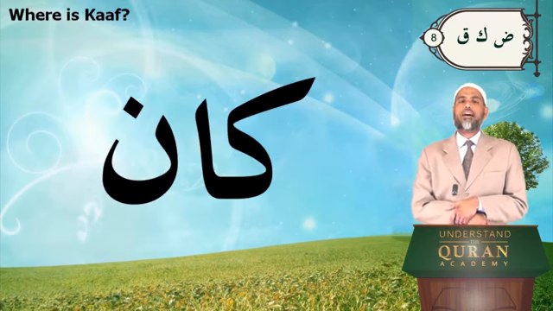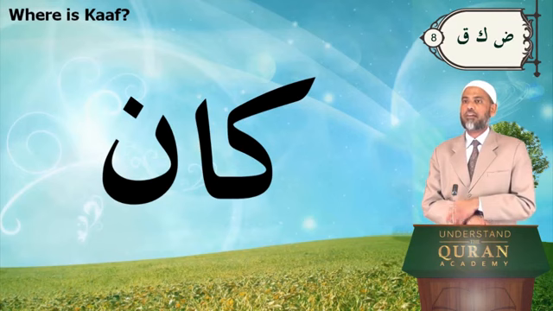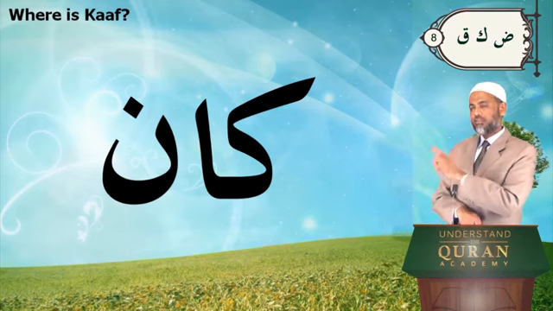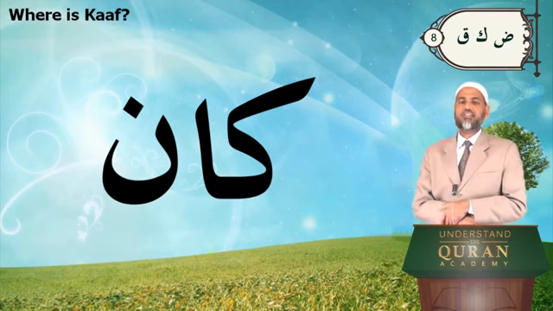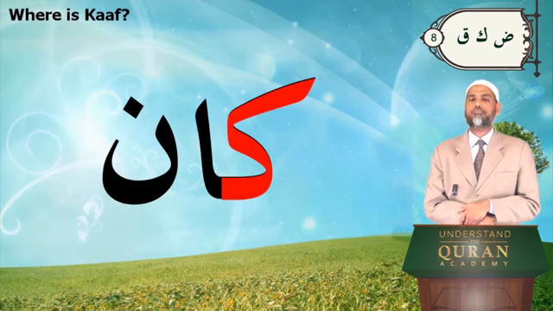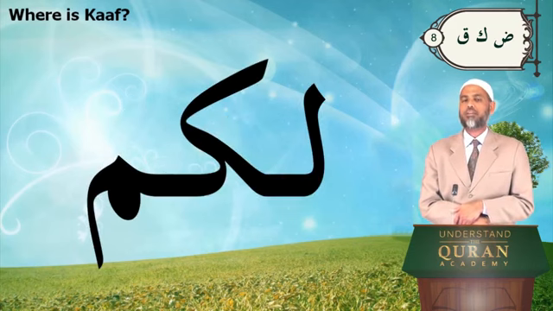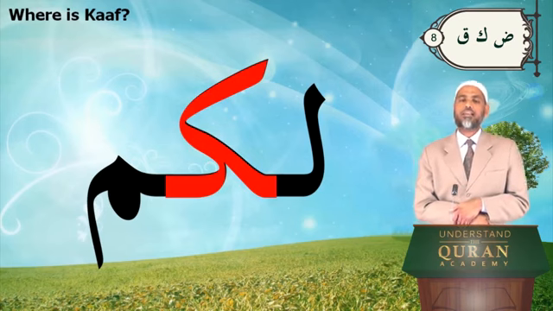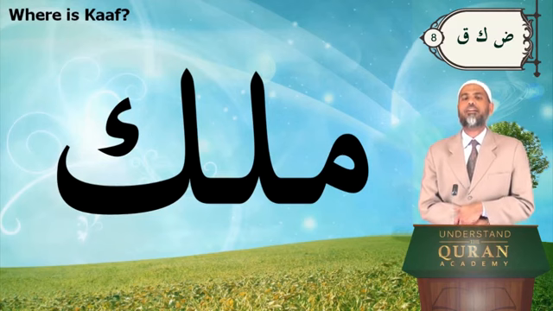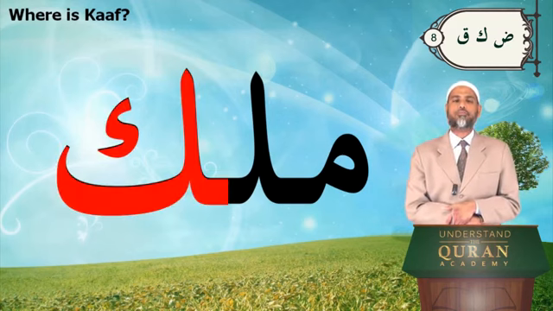Where is kaf in this case? Kaf in this word. Part of K, English letter K. So it is in the beginning. Ka. What about here? I don't think you will miss it. It is the second one. Ka. And in this one, well, it has a cap in its lap. That is kaf. The ending one, last one.